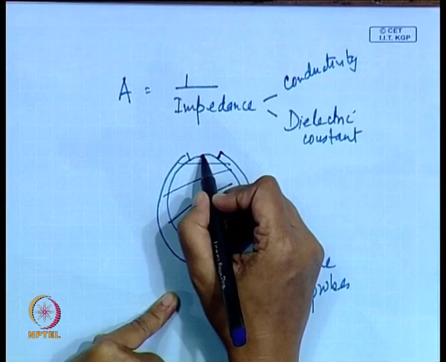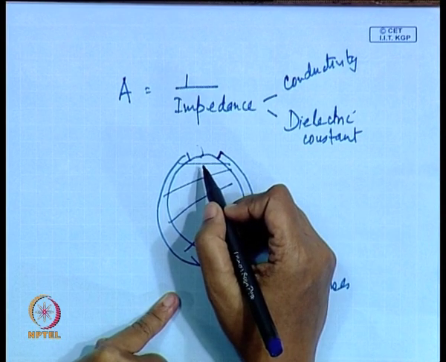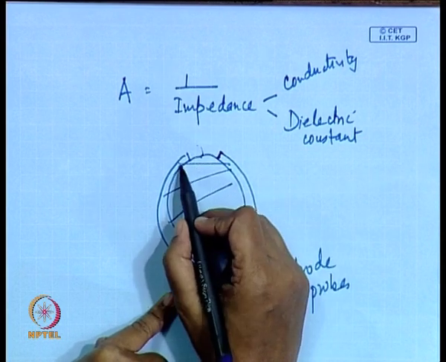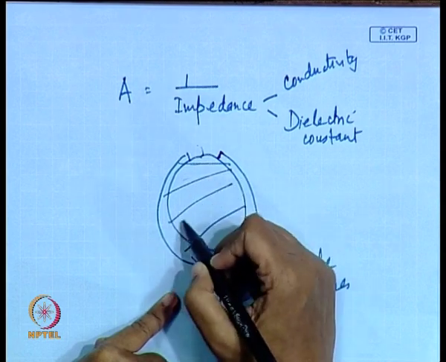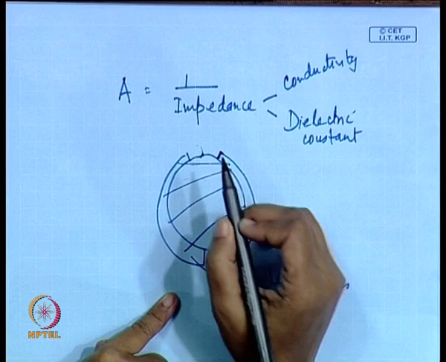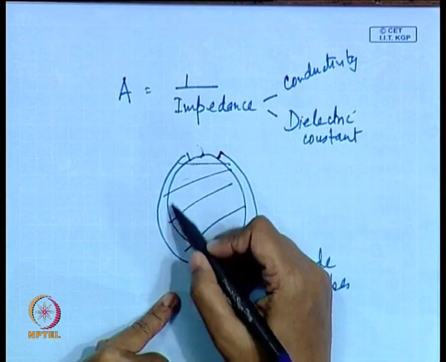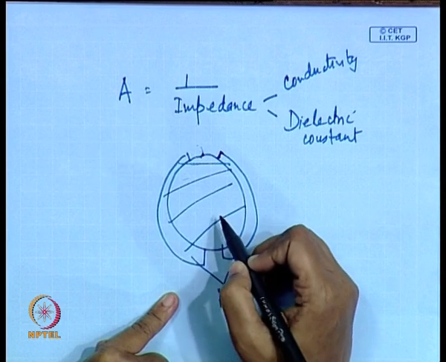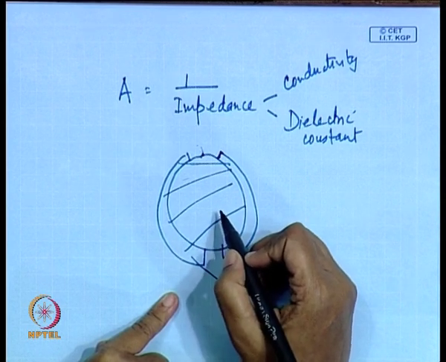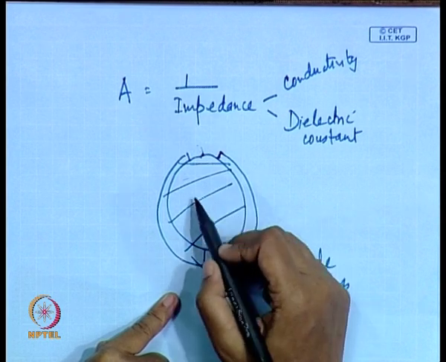There are definitely some problems here. The most accurate result we would get is if the entire cross section is covered, but that is not possible, because we have to ensure that the electrical path goes through the two phase medium. So, if they touch here, then the thing is gone, remember that. The advantage of this arc electrode probe is that it is non-intrusive, it does not disturb the flow passage.